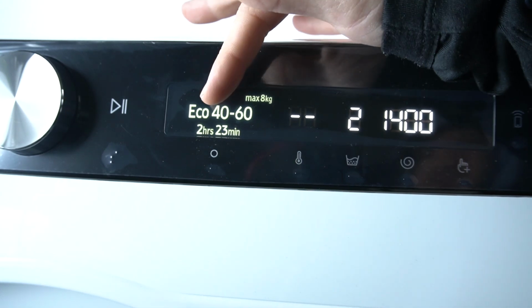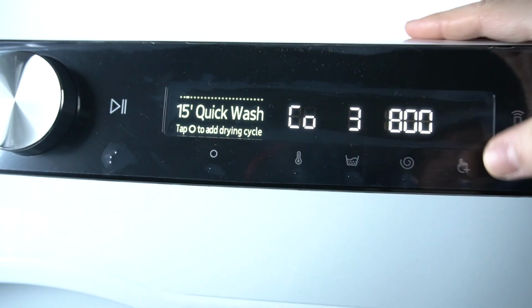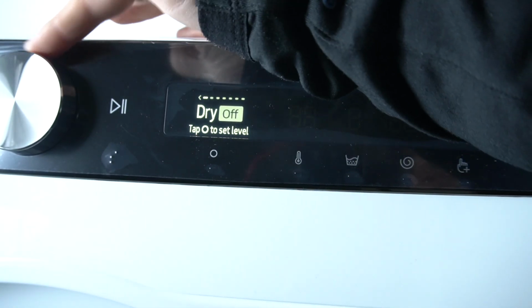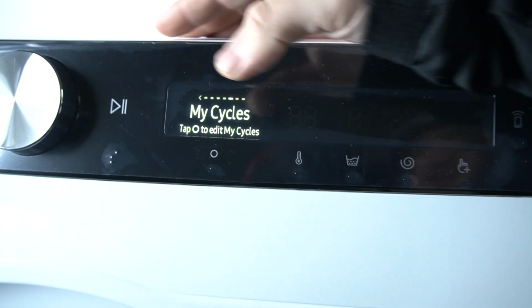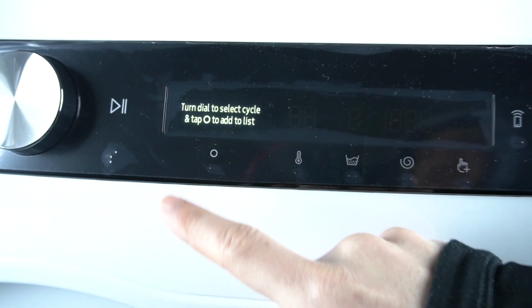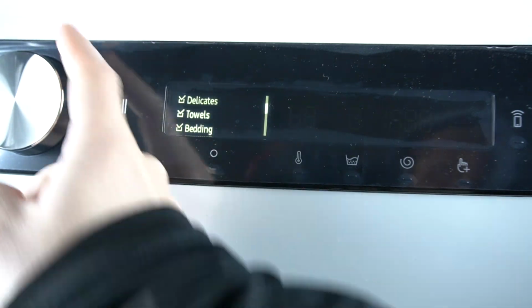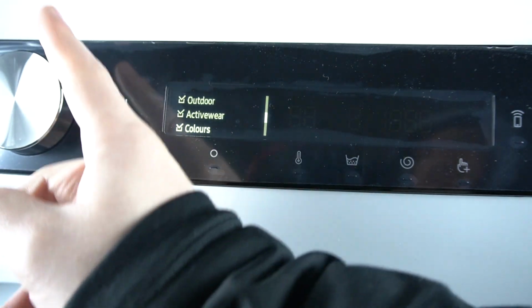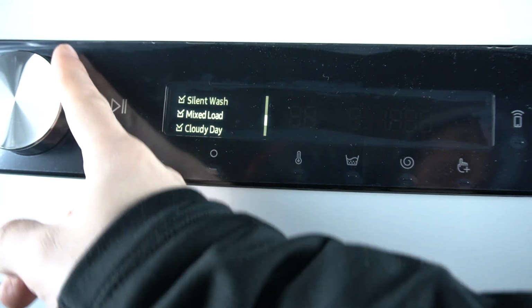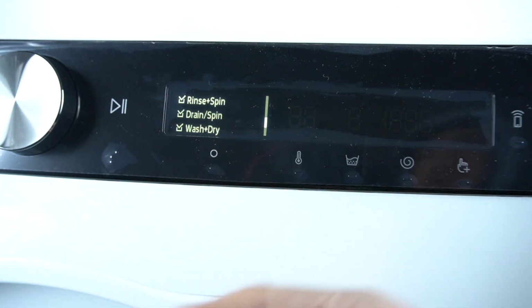So if you want to remove any program or add something, just click on the additional functions button, then jump to the left side and click on the O on the My Cycles. Then click on the O again, and as you can see now we can add or remove the cycles from the main menu. So if you don't use for example, the cloudy day or the silent wash,